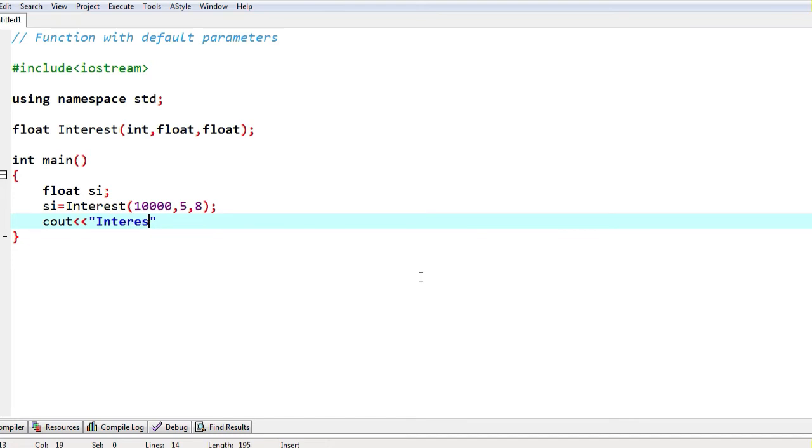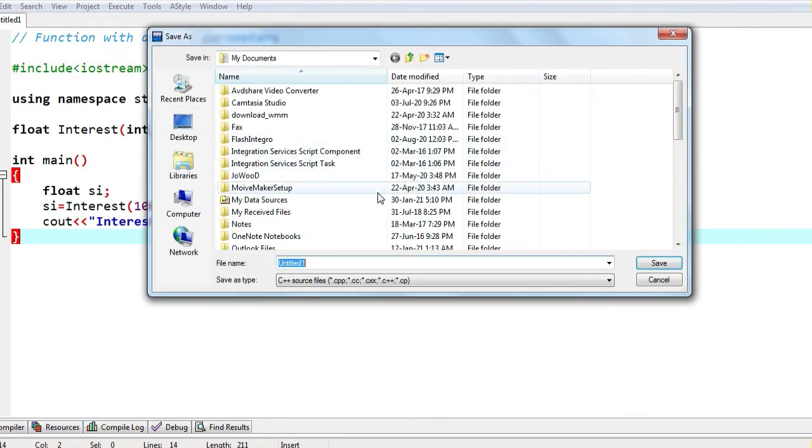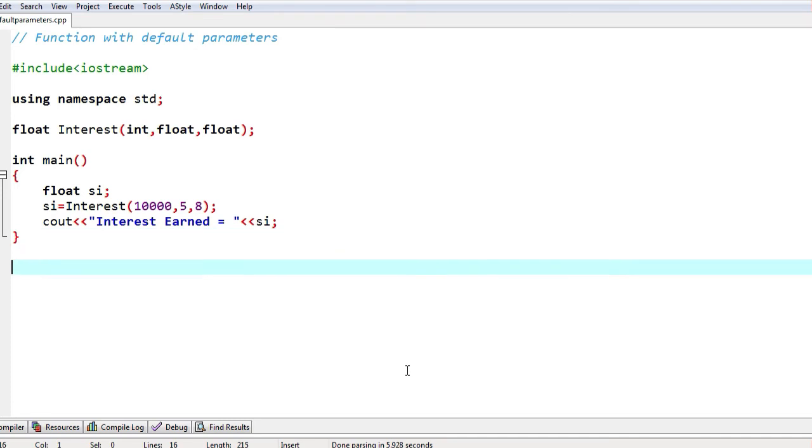Interest earned is equal to, here I'll display si. Now I'll save this using default parameters dot cpp. We haven't defined it.